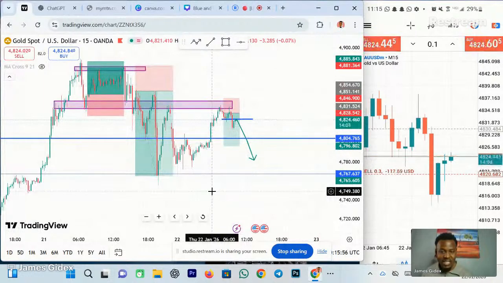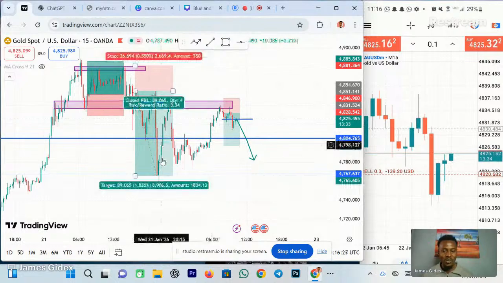But if you can't explain the setup, if the setup is confusing, don't get into the trade. Because immediately you get into the trade, you are going to blow the account. You are definitely going to blow the account. So always enter a high probability setup. Our first mistake right here in this trade, those that have been here earlier already know it: I didn't check the lot size before I got into the market.